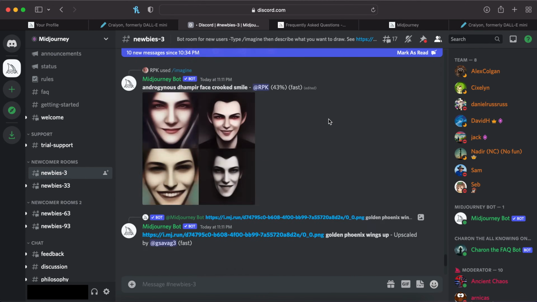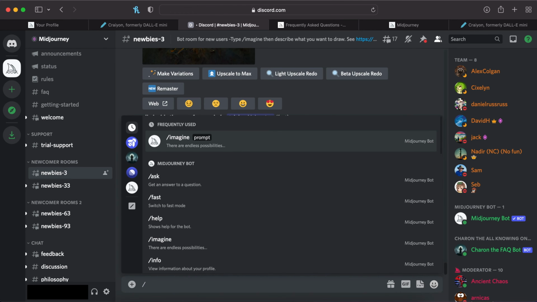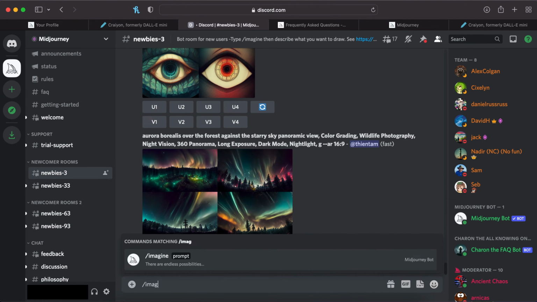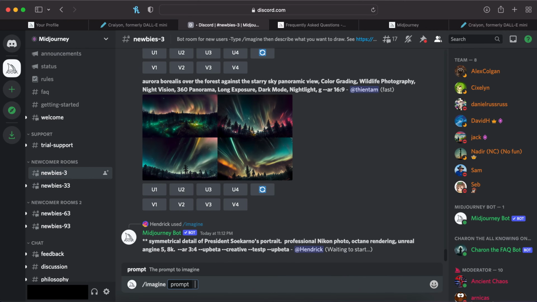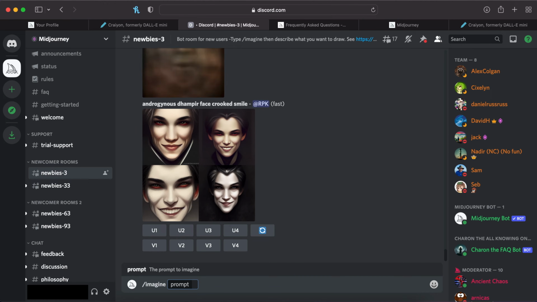What you're going to do, you can scroll all the way down to the bottom. In here, you need to put your backspace in, and then you're going to type in imagine, and there you go. This is going to create your command. Then you can hit space, and it's going to ask you for your prompt. This is where you will start typing in things. My first thing that I'm going to type in is